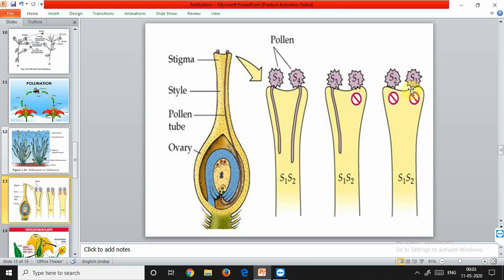The pistil rejects the pollen by preventing pollen germination on the stigma or pollen tube growth in the style. The pollen tube now will not grow into the style, and that's why there is no fertilization. The ability of the pistil to recognize the pollen, followed by its acceptance or rejection, is the result of a continuous dialogue between pollen grain and the pistil. The pollen grain and pistil have some specific elements, enzymes, that are responsible for this recognition. So this was the fertilization.